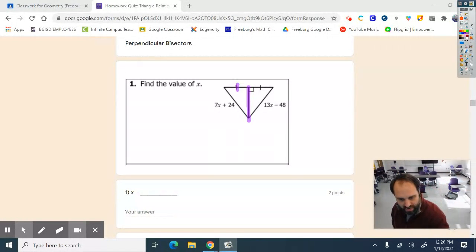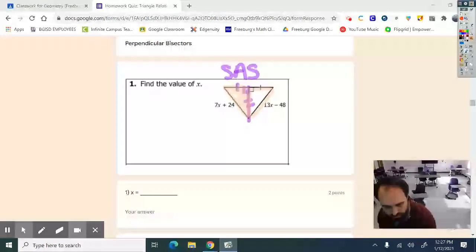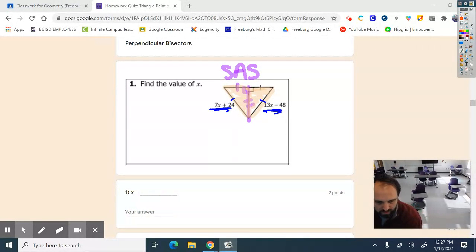You now have a side, and you know this is perpendicular, so you have side, angle, side, and you know that these two triangles in their entirety are congruent to each other. So if the triangles are congruent, then the parts are congruent. So you know this is equal to this. Just set them up to say they're equal